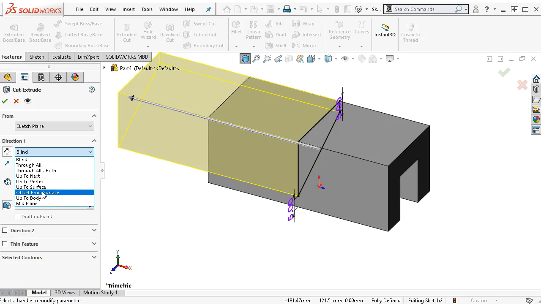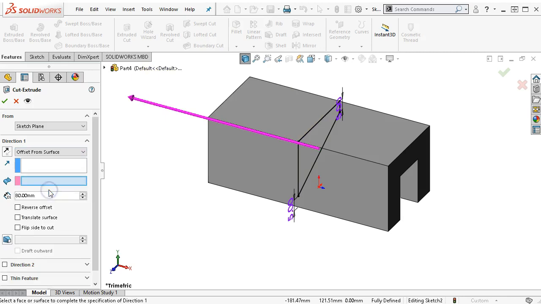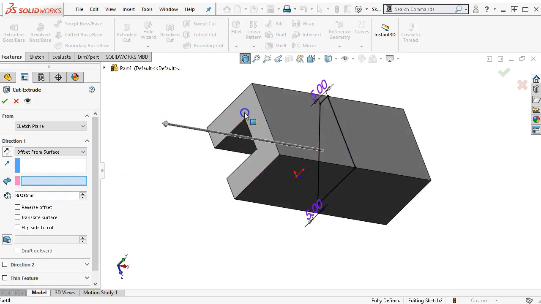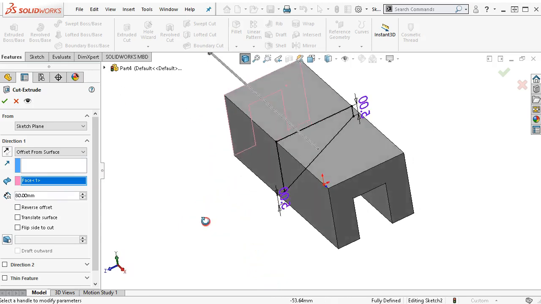We have 20 millimeters. So if we did the math, and we have 20 millimeters at both ends, that would be times 2 would be 40, subtracted from 80 would give me a midplane of 80. Blind end condition would be to go 20 in one direction, 20 in the other direction. But the offset from surface we don't get to use too much, so more of an illustration of how it works. Alright, so when I pick that face,